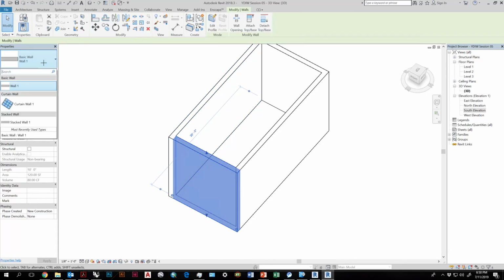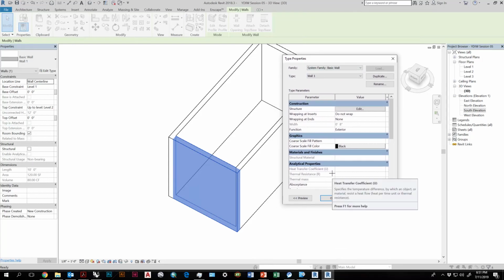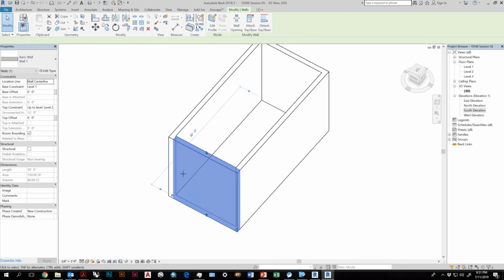Alright, so other things to note. We're going to talk about properties now, and the two types of properties that you have inside Revit. Everything that you see right here is what's called an instance property. That's a property that only affects the object that's selected. Now, if you click on Edit Type, what you'll be doing is changing the type properties, which will affect all of the walls in your model that are of the same type. So just be careful when you're modifying either an instance property or a type property, and make sure you're getting the result you want. Edit the things in the proper place to make sure you're getting that.